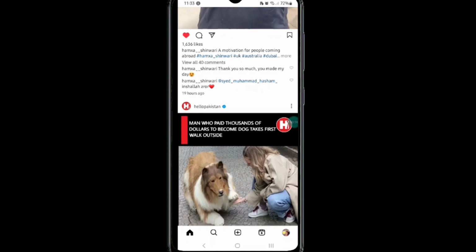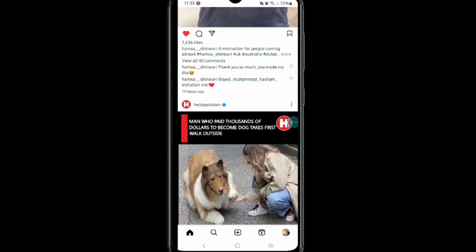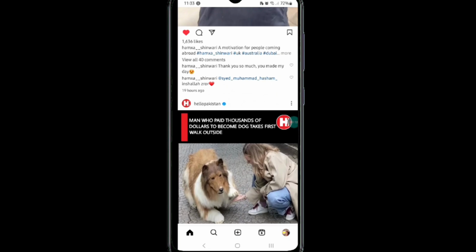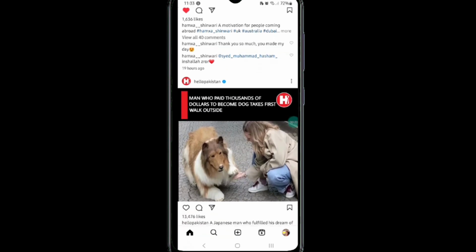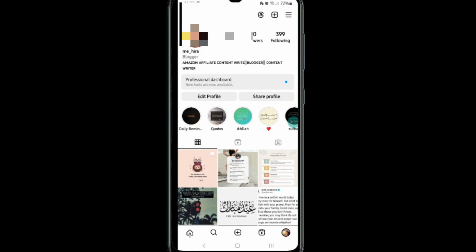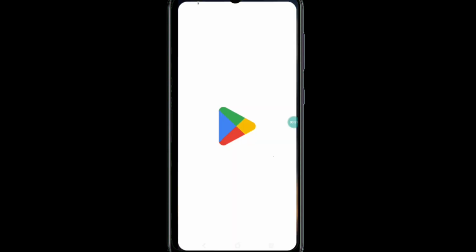Once you are logged into your Instagram account, simply click on the profile icon at the bottom left corner. Once you click on it, it will take you to this page. Here you will be able to view the highlights option. However, if you are not able to view these highlights on your Instagram profile, what you can do is